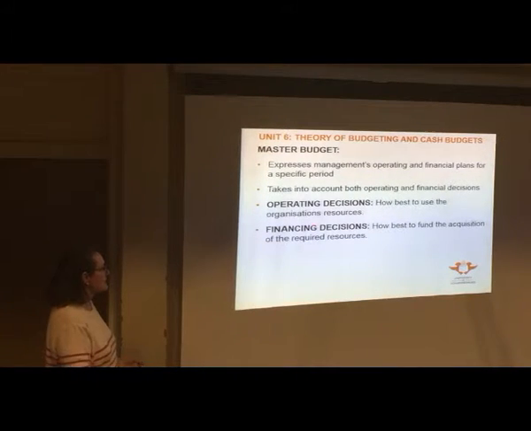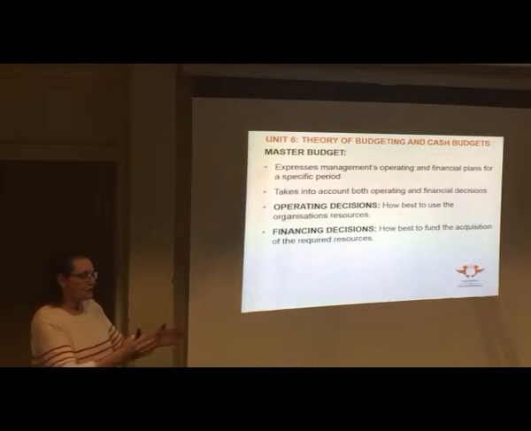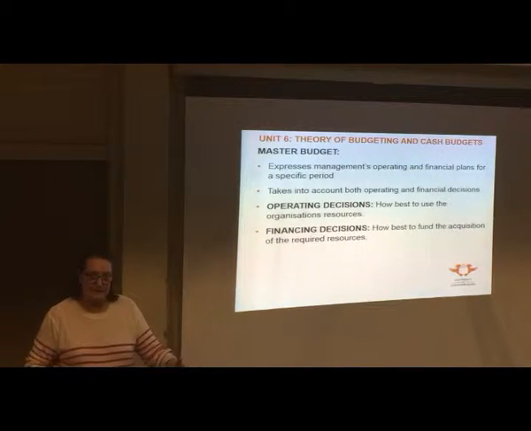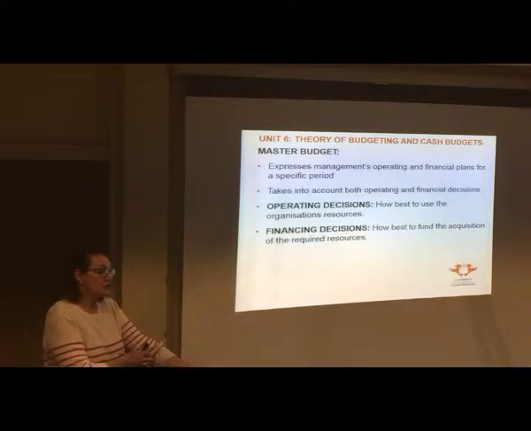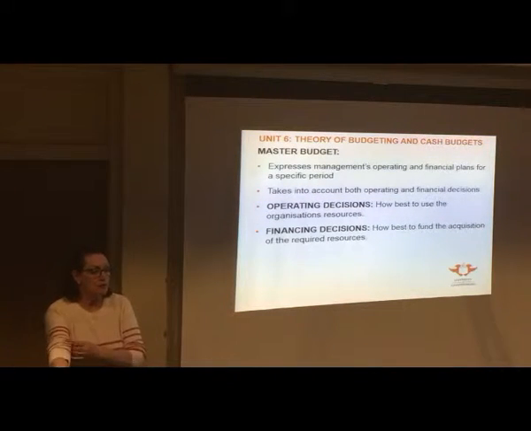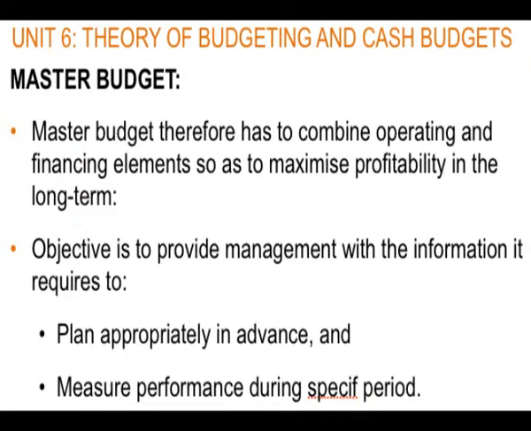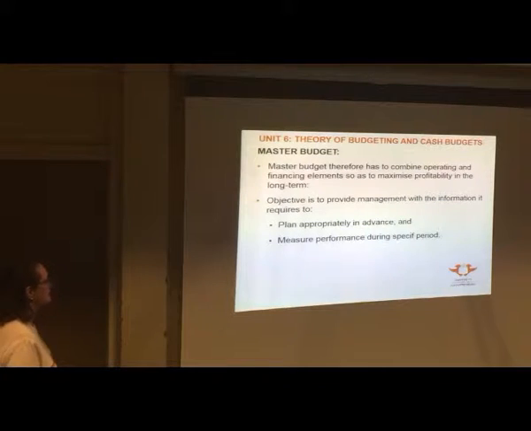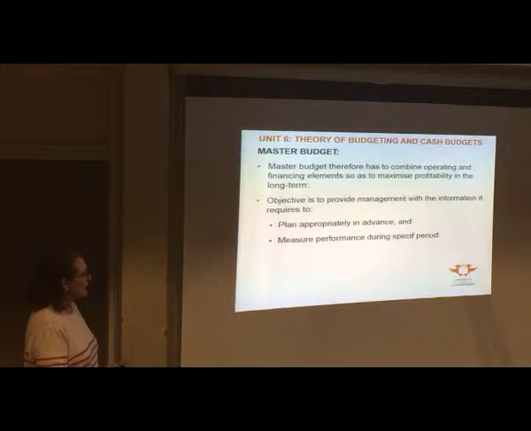And then the financing decision is, okay, we need more of this, or we need another that, or whatever. What is the best way to finance that? So do we have a share issue in order to do that? Do we go to the bank and borrow money? Do we find money from another source? So that's the financing decision, it has to do with where we get the funds from in order to expand the business or keep the business running. And the operating decision has to do with how we can use the resources that the entity has. Okay, so the master budget has to combine all the operating and finance elements into one.